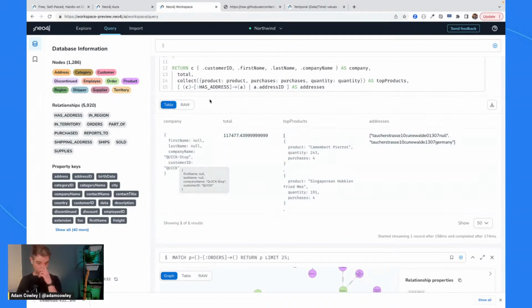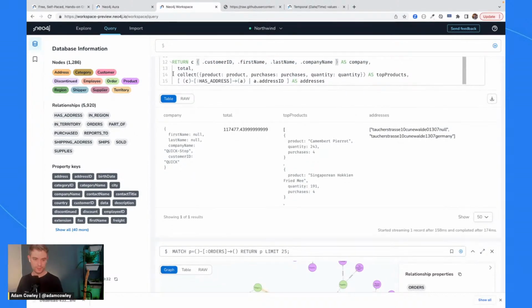And there we go. So we've got a projection there to give you the information about the customer, properties against the customer. We've got a collection there to show what are all their top products. And this one, just to throw in at the end, is a